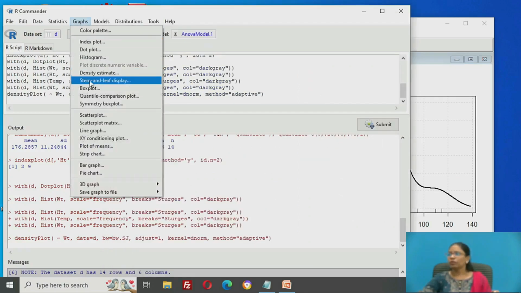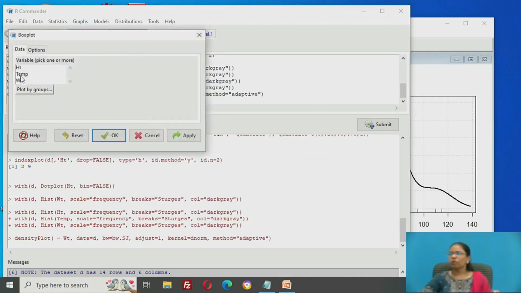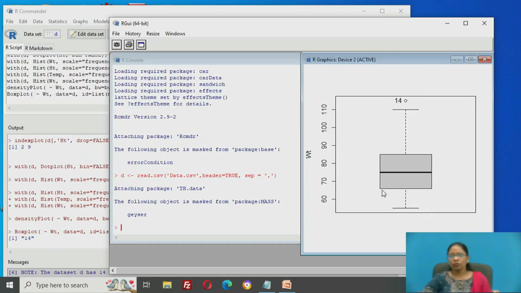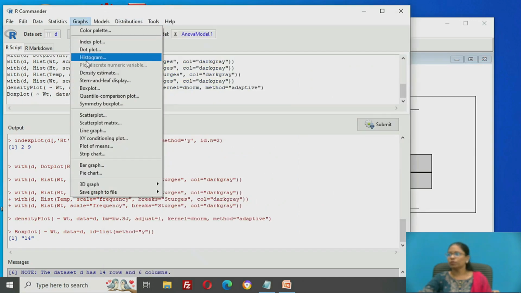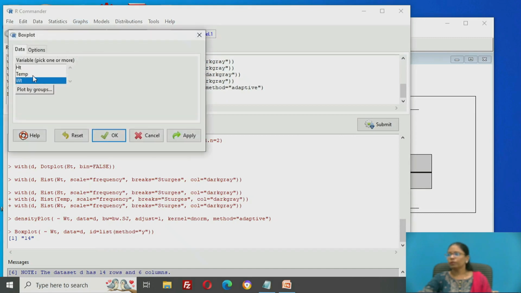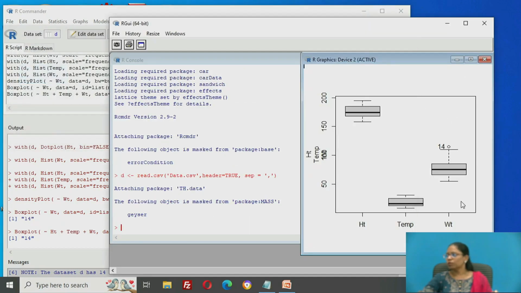I can also draw the box plot for the weight attribute. Here this is the lower limit, this is the lower quartile, this is the median or the second quartile, this is the third quartile or upper quartile, this is the upper limit, and beyond the upper limit there is one value which I am finding. This is called an outlier. So all box plots together also I can plot, like I can take all the box plots together of 2 or more attributes, like for temperature, height and weight. I just have to hold the control key and click on OK. So all the box plots have been plotted individually on the same graph.